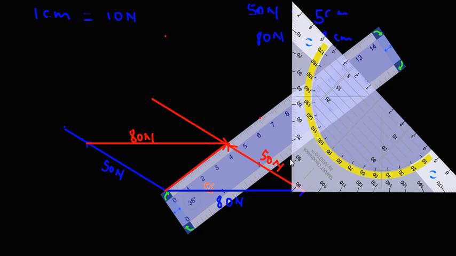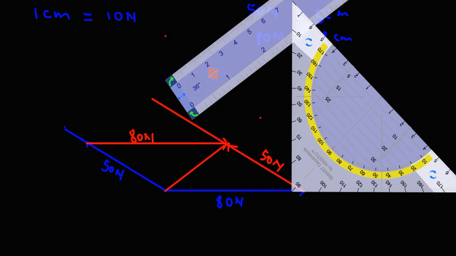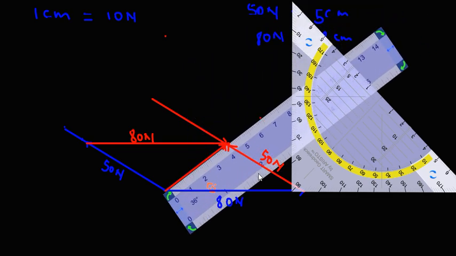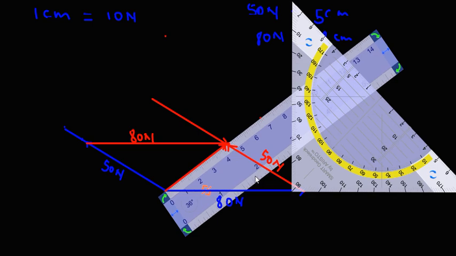Okay, so again, you still need to draw arrows there to show that this is again another vector. Okay, so if you have done this correctly, the last step is to measure the length of F res. Okay, so you can see this is going to be 4 centimeters,